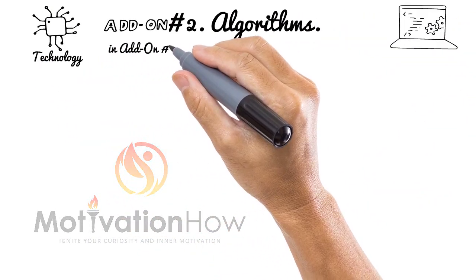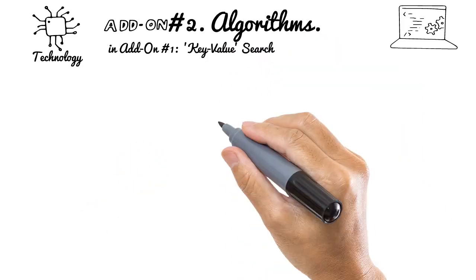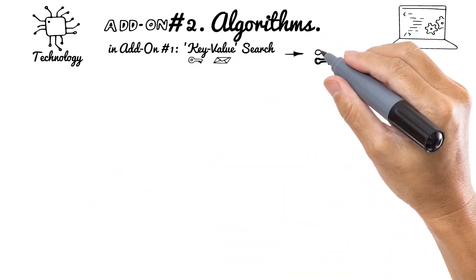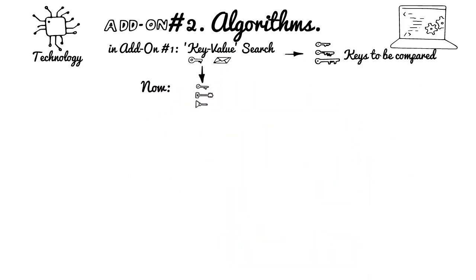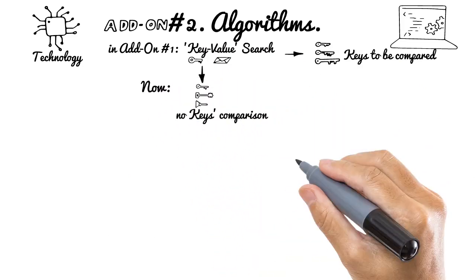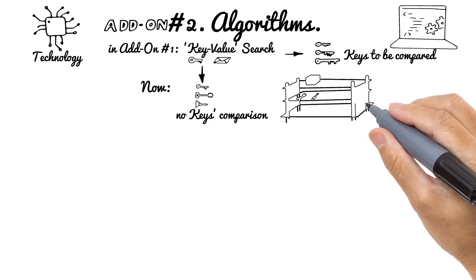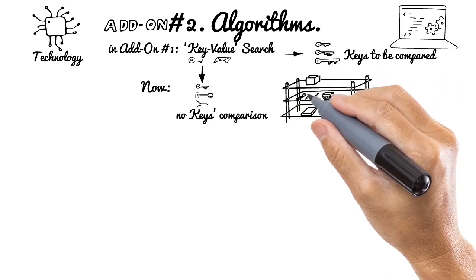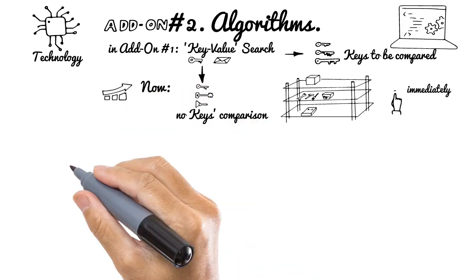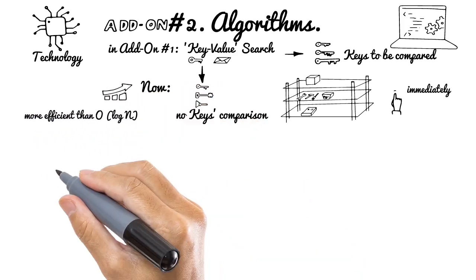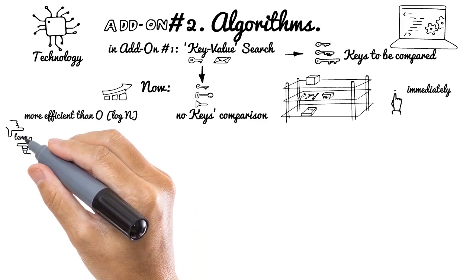In the first one we discussed key value searching algorithms, which use key comparisons heavily. Moving to the next topic: key value searching without key comparison. Remember our analogical example of predefined places on shelves, when you don't need to spend time searching by comparable keys in order. You immediately point to the right place instead. This idea is even more efficient than a logarithmic time search with comparable keys, and it is based on the so-called